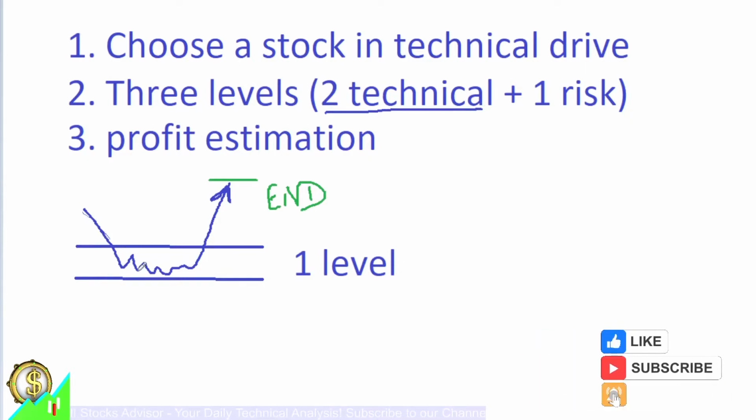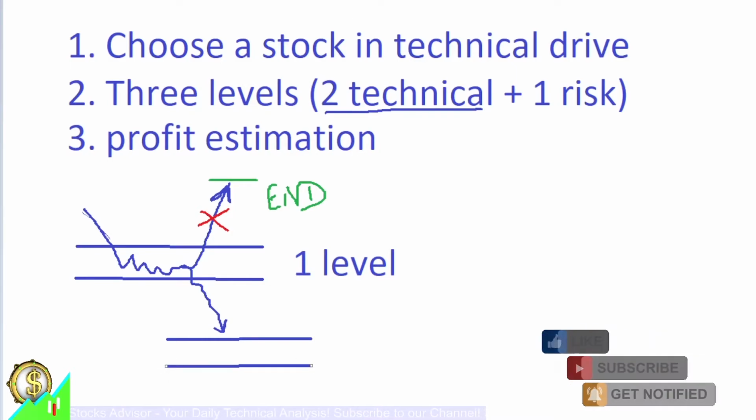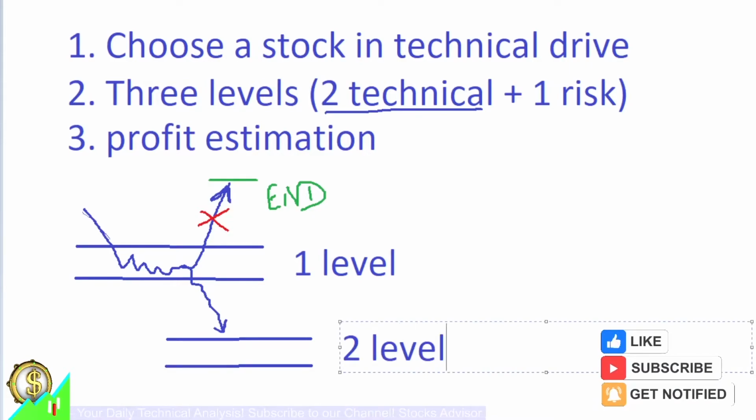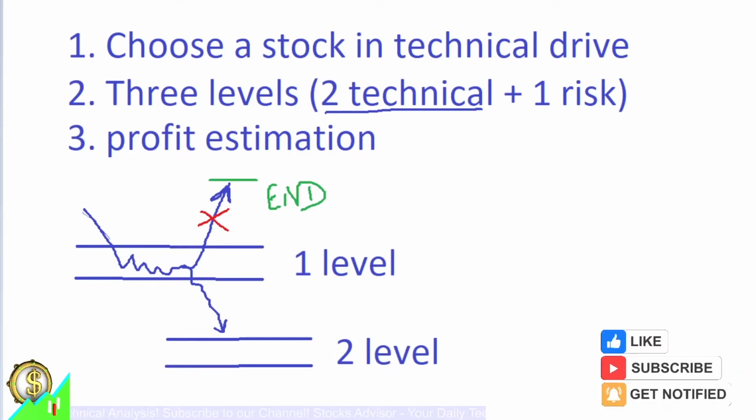The second level is: we went to the first level, volatile. We didn't go up, so we were not able to take the profit. And then the price went lower. Then we always estimate the second technical level. This is the level that can be clearly analyzed from support and resistance lines, from other parameters, where the price will rebound. And this is usually the very strong one. There, if nothing else happens, it should really bounce upwards.